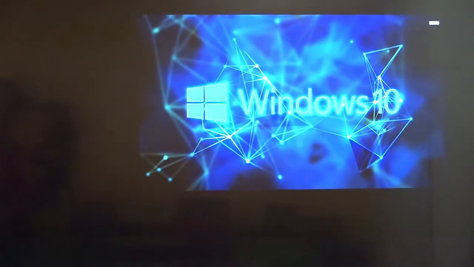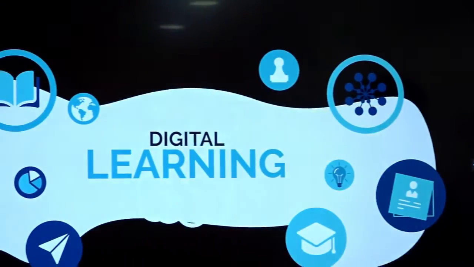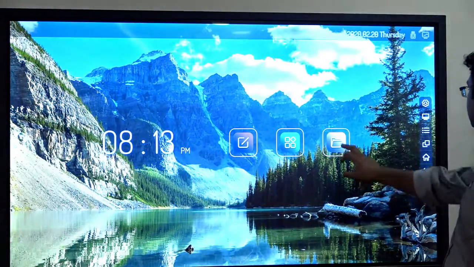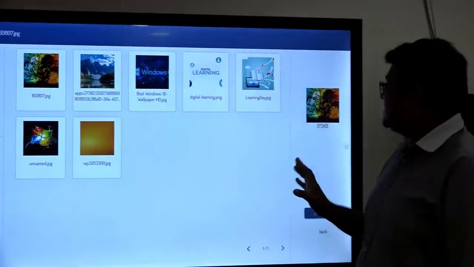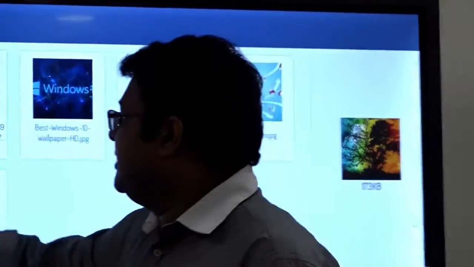Okay, see, this is nothing but a slideshow. One by one, whatever pictures are present here, those pictures are coming one by one, right? I just set this up for the home screen. Okay, so let us escape out and go to the file manager again. So pictures, you people have seen that yes, pictures can be done, right?